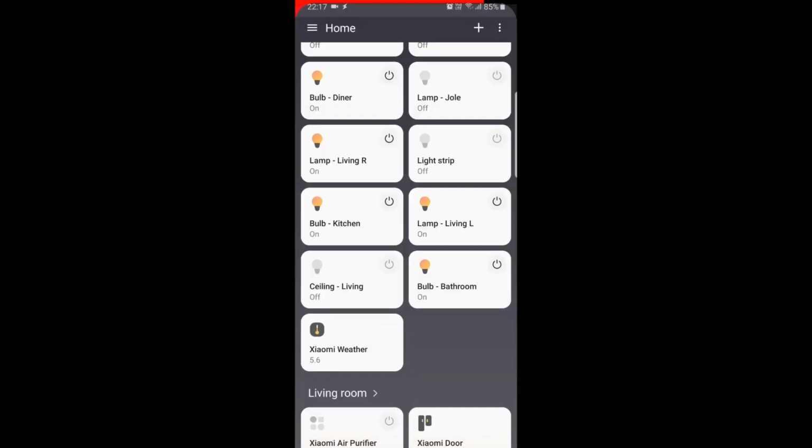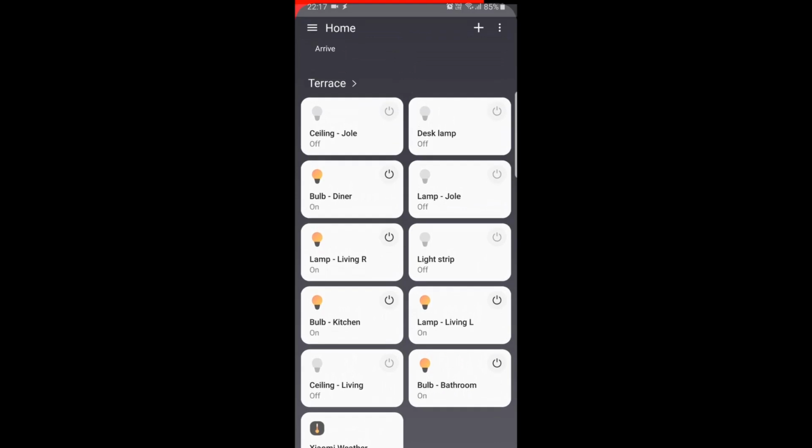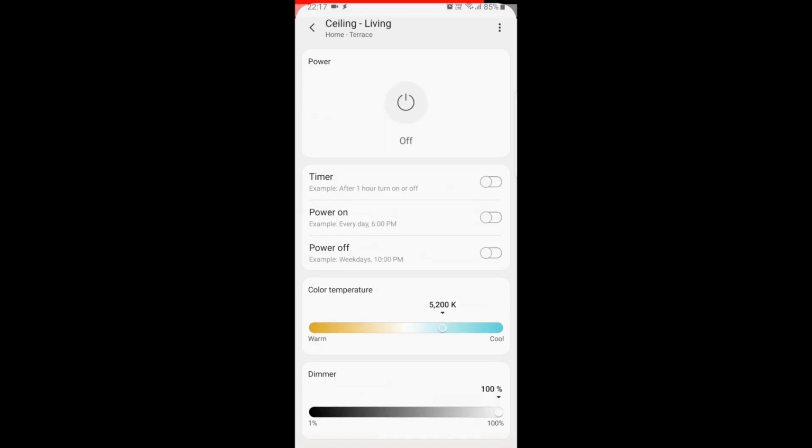But what about the rest of Xiaomi devices? Well, that is slightly more complex and will be shown in the next video. So stay tuned,